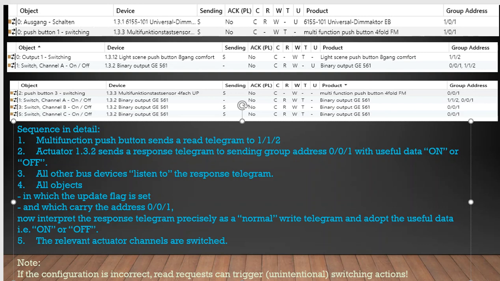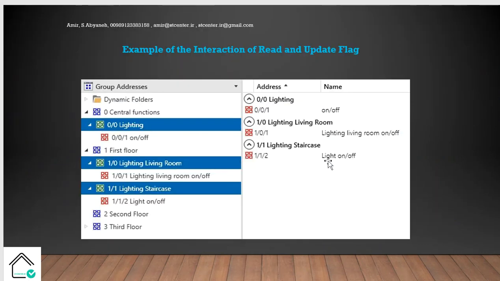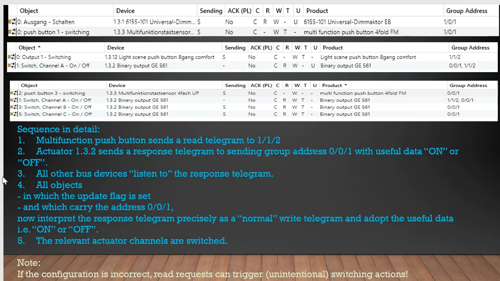Listen. First of all, we press the push button. The multi-push button sends a telegram to 112. 112 is the destination address for the light on-off for the light staircase. Okay, great. So you can see the 112 here. Channel A is linked to it. And the actuator 132, okay,